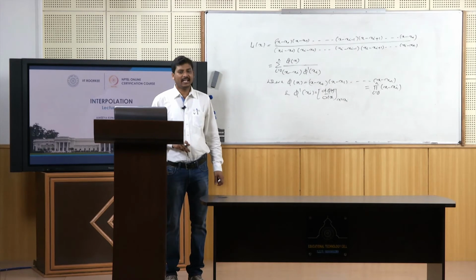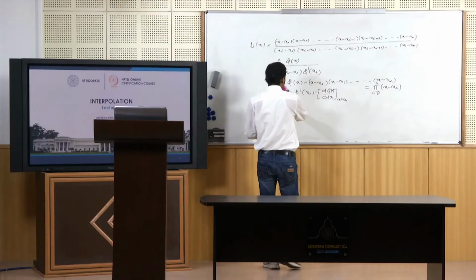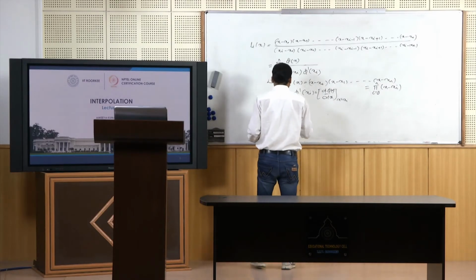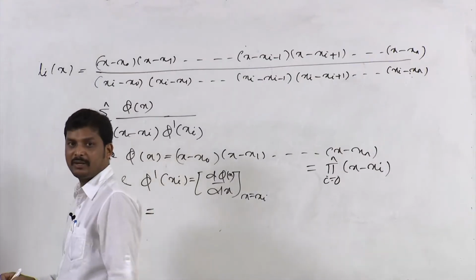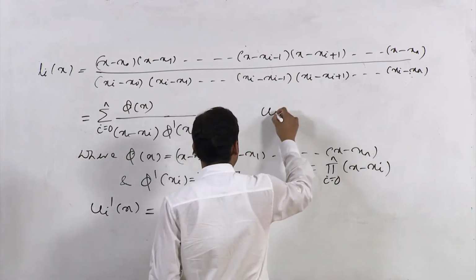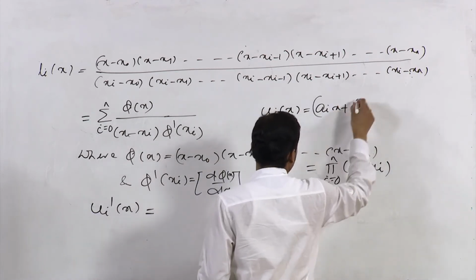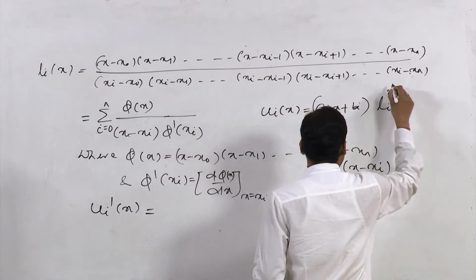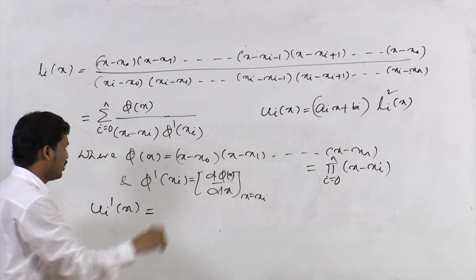that represents a polynomial of degree n here, then if we take the differentiation of this ui dash, whatever we have just expressed for this Hermite interpolating polynomial, we can write ui dash of x. Since ui of x is expressed in the form of (ai x plus bi) into li square of x here. So, if you take the derivative with respect to x here, in the first coefficient